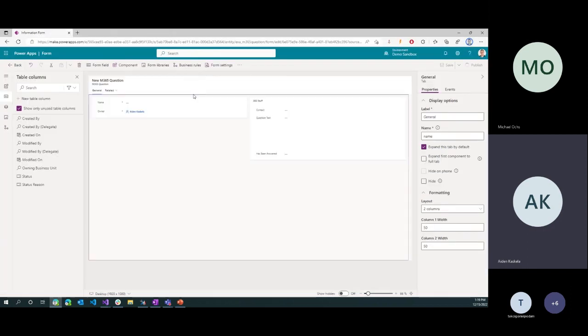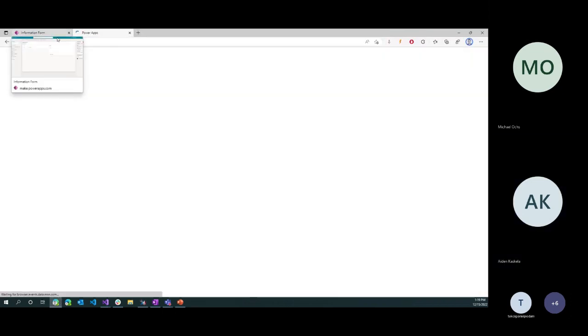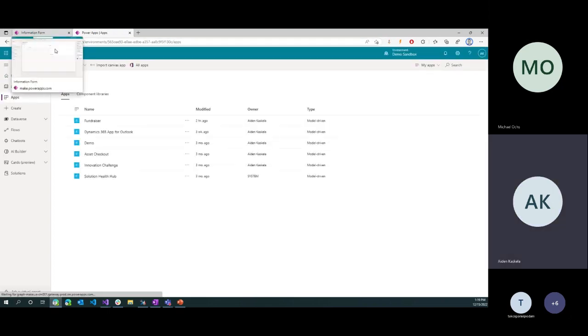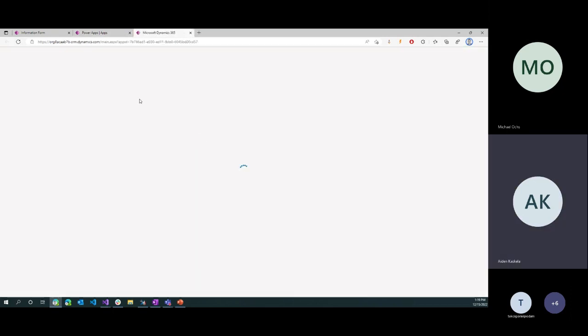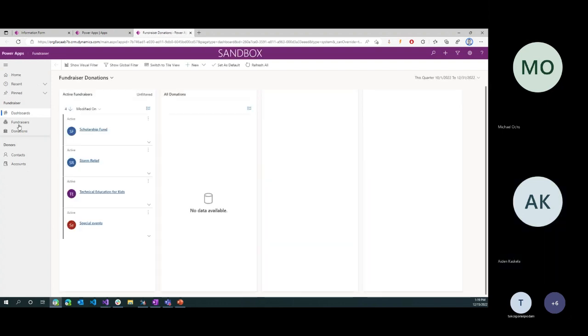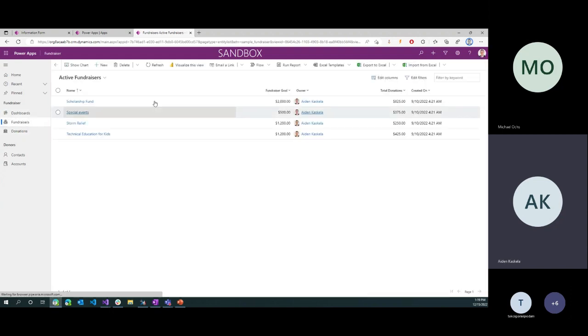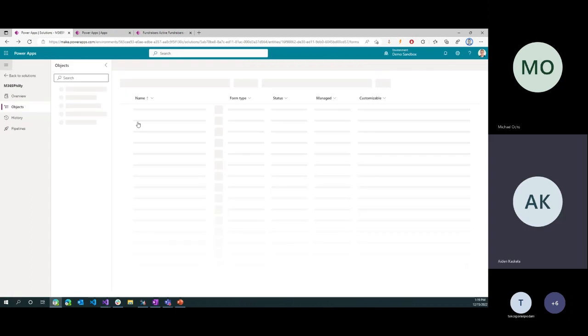we need a way to expose this to our users. We have a number of apps already. I'll show an existing one and then how quickly we can make a new one. This is a built-in demo app for fundraising. We have our left navigation. They can be dashboards, they can be standalone pages, or they can be views, which is basically a subset of rows in a table. Then you drill into it and it opens a form. So if we want to create a new app for our Philly questions,